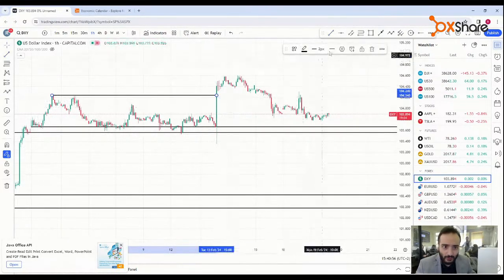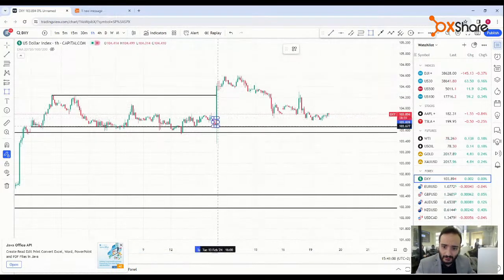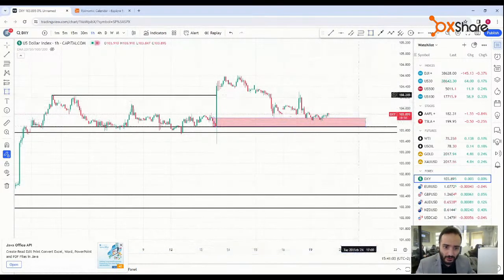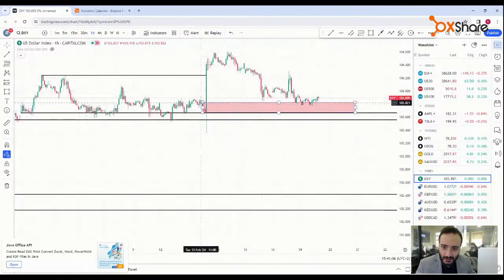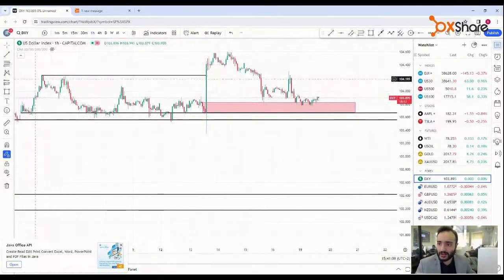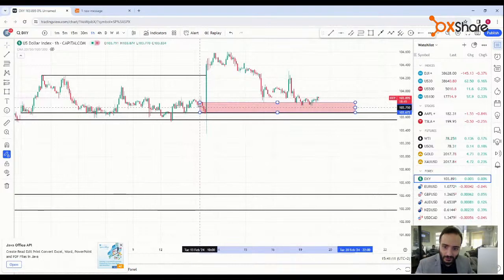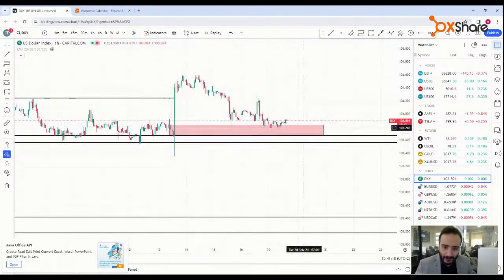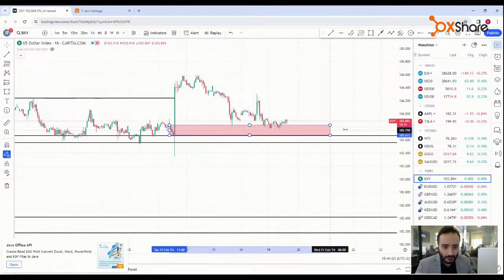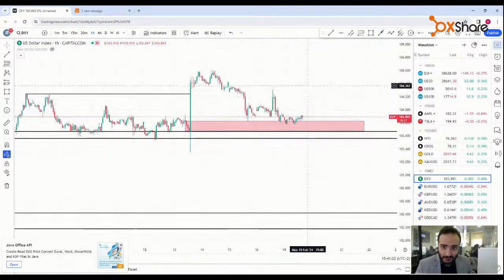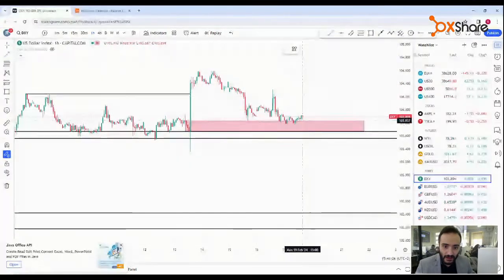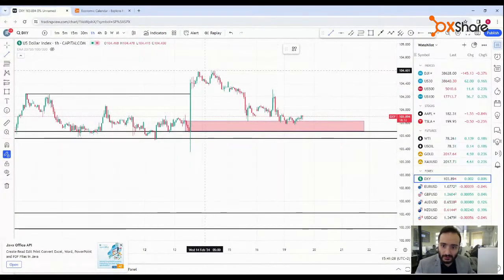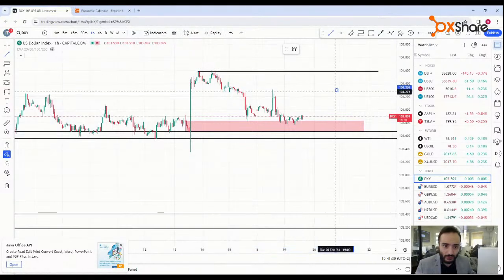Plus, on the 1 hour we have this break of structure, and this order block over here is being respected. These 3 down candles before the big push up breaking structure are a very strong supply zone. We can see the price pushed to the upside. So yes, until now this order block or supply zone is being respected. If we manage to close above it, the next target will be at this point over here.